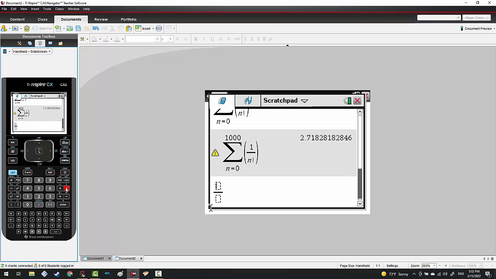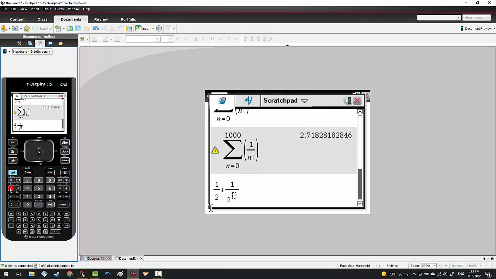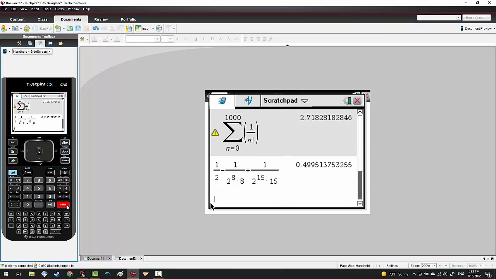So that's going to be 1/2 plus 1 over 2 to the 8th times 8. And I forgot, that should be a minus, and then plus 1 over 2 to the 15th times 15. Okay, so if I hit Control Enter, I will end up with